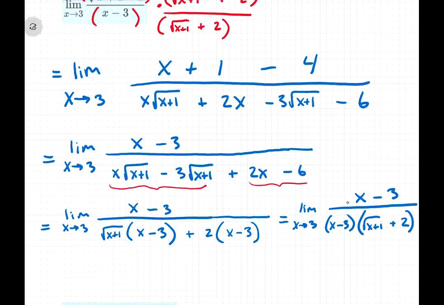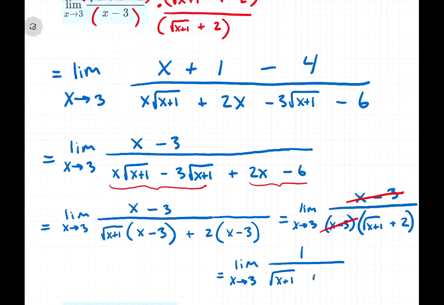Now we're looking good. x minus 3 on top, x minus 3 on bottom. They cancel. So now we have the limit as x approaches 3 of 1 over the square root of x